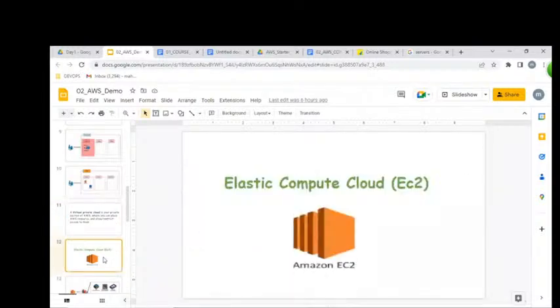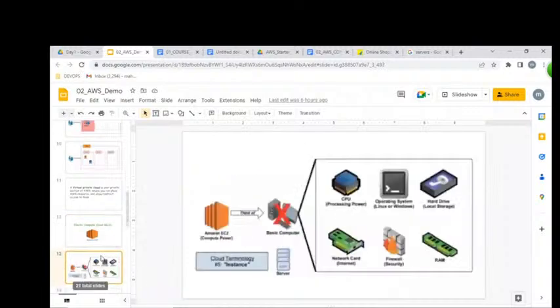But what about EC2? With the help of EC2, we can create a server. Your laptop has components, and the same kind of components are in a server too: CPU, operating system, hard disk, RAM, firewall, NIC.